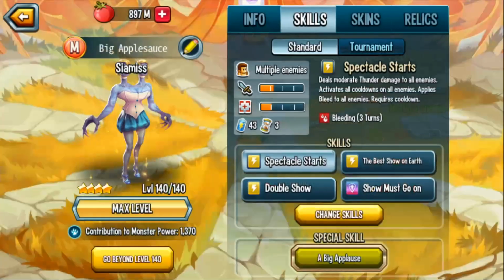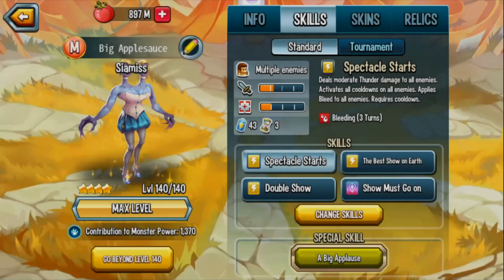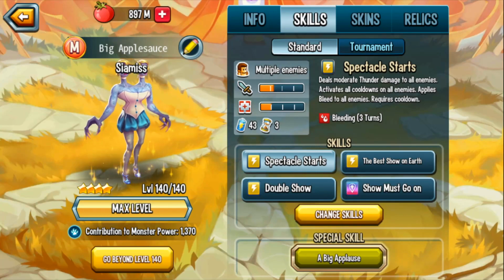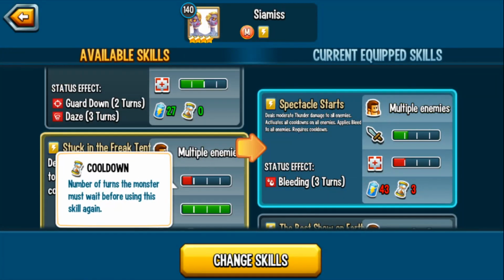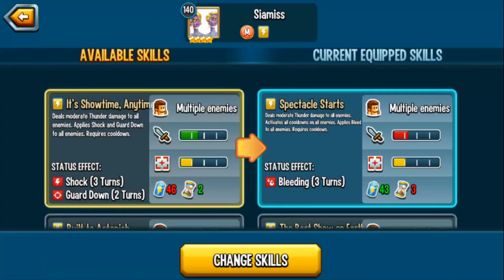Notice the skill set I'm recommending only has cooldowns. So if you're finding yourself in a situation where you're fighting Gaidaigo, Glamhead, or other Siamiss, where you know the enemy can activate cooldowns, that's when you bring your 0 cooldown skills. The majority of the time where you're going to be dealing with this monster, the reason I don't recommend this